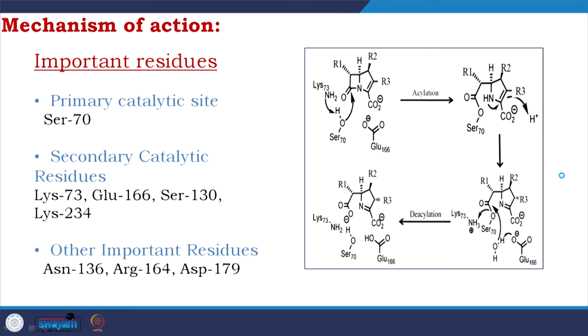If you are new to the field, you might wonder how I am talking about a number, because if you take the same family of enzyme, you find that they have different numbers of the residues. Yes, I agree, but beta lactamase,